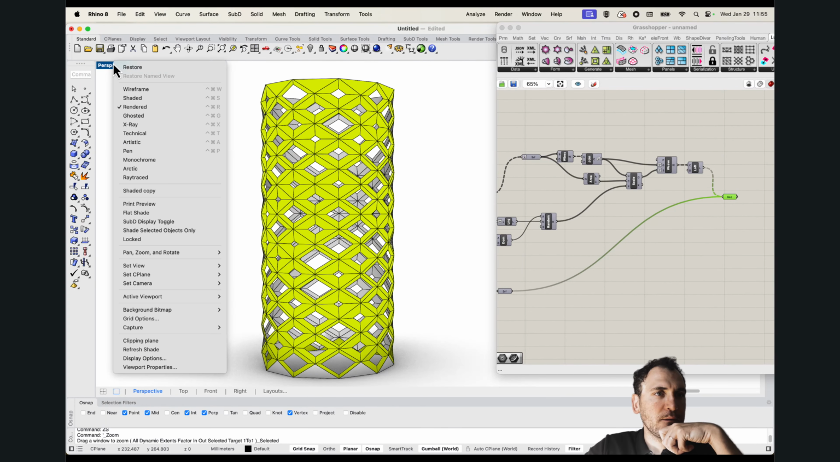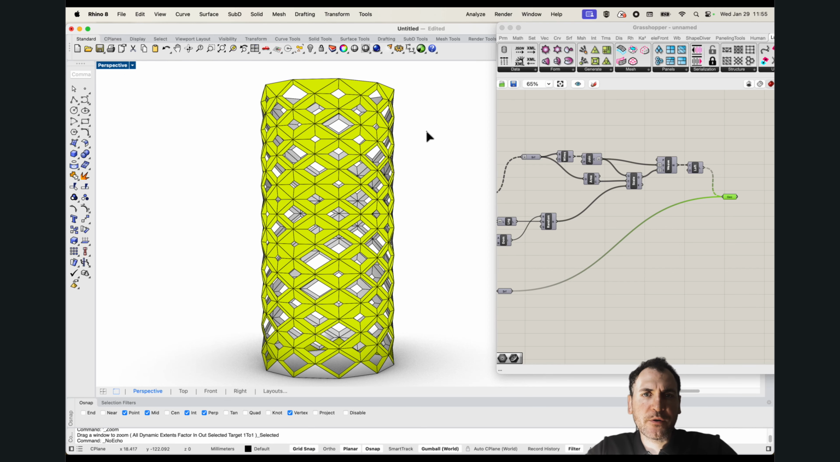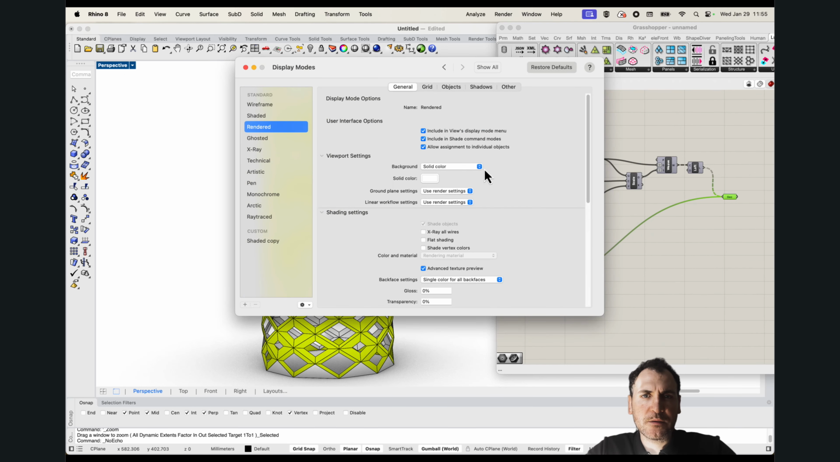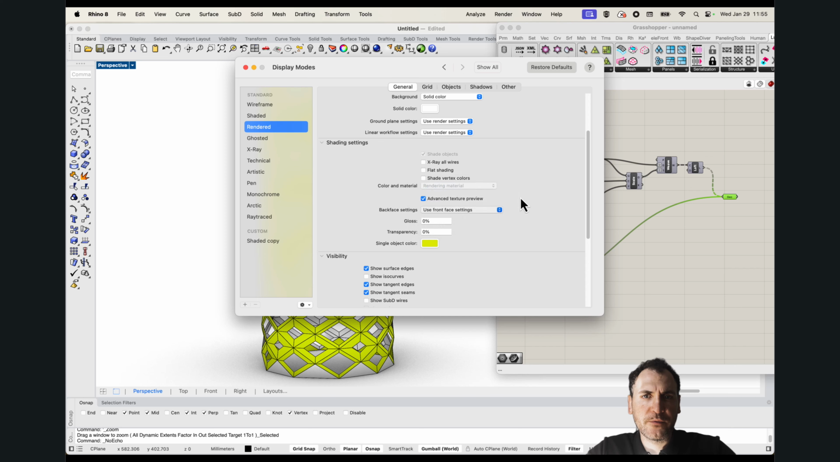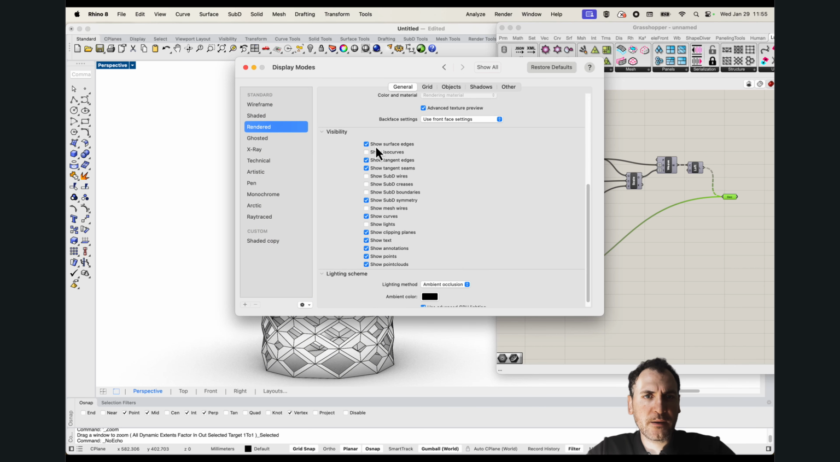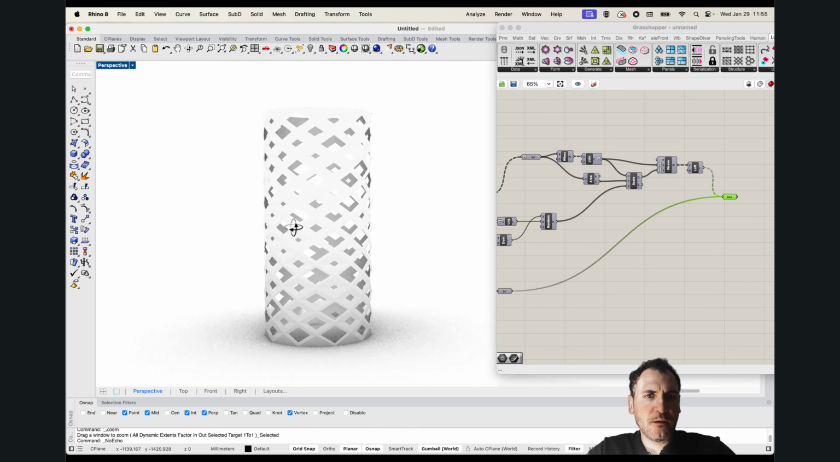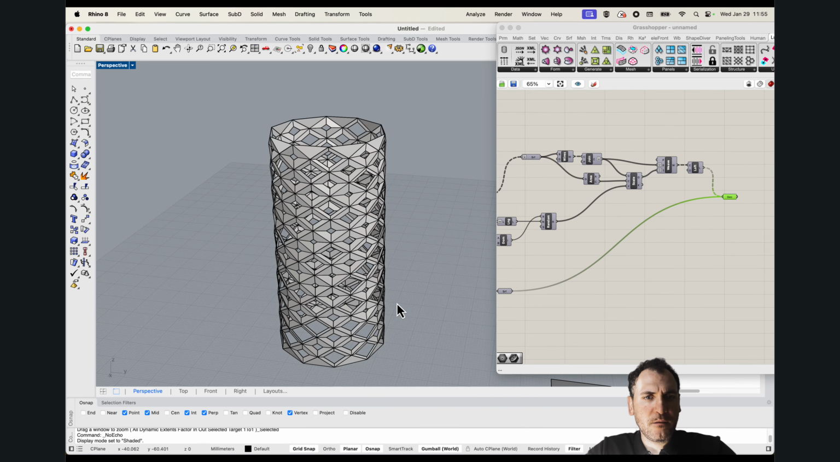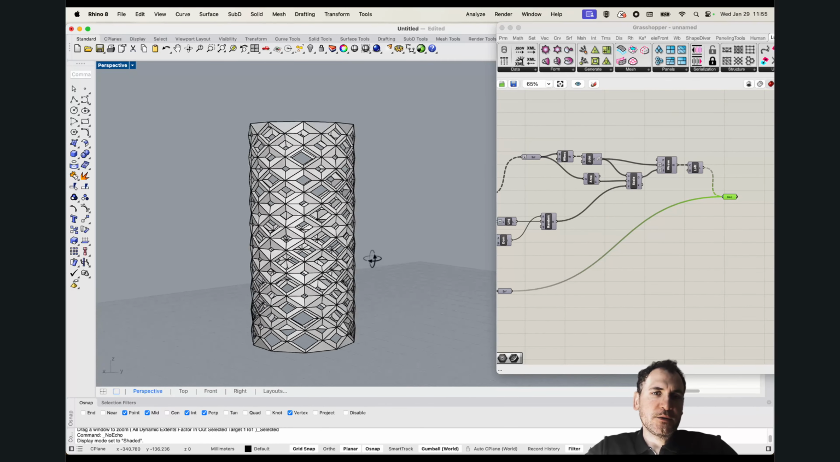So we connected. Let me turn off in my display options. I'm going to do front face, then turn off surface edges. Okay, so